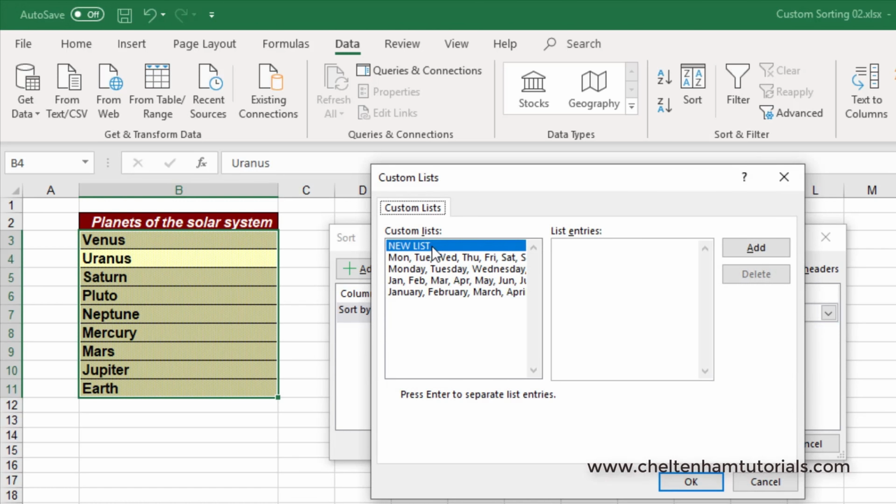Now by default Excel has these custom lists for days of the week and months of the year. What I need to do is add here a new list. So I click on add, and then I type in the order of the words that I want. So in this case it will be Mercury first, then it will be Venus, and so on and so forth. So what I need to do is type those in separated by a comma like that, and then click on